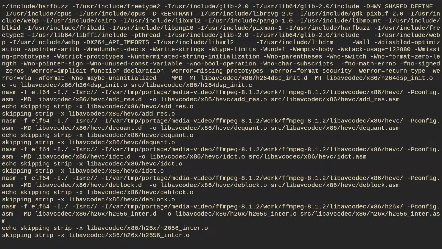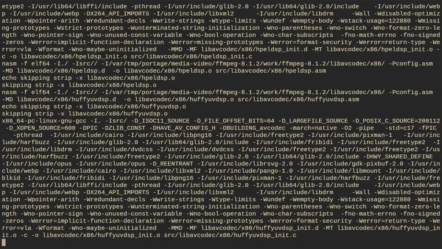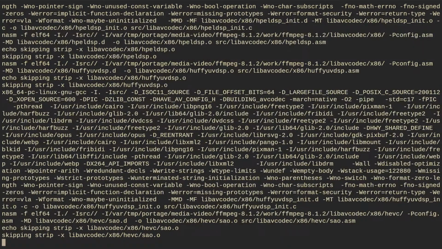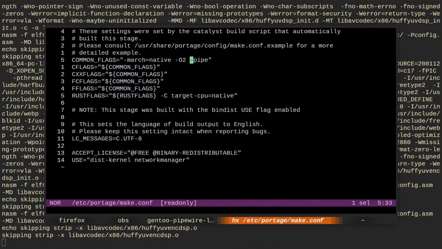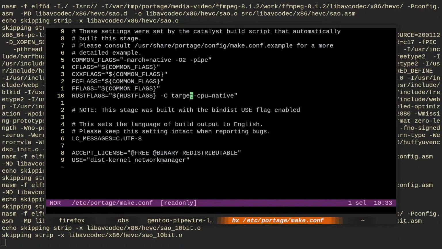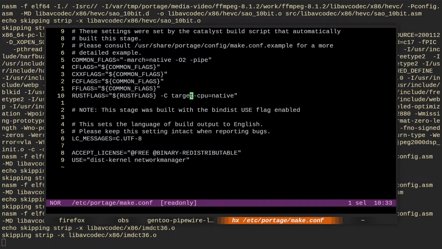So you unpack the stage file, then you go ahead and configure. I think you just configure make.conf and other stuff, and then you optionally emerge update world.